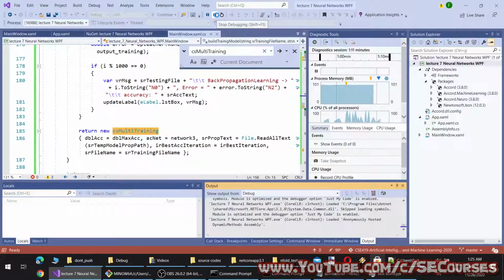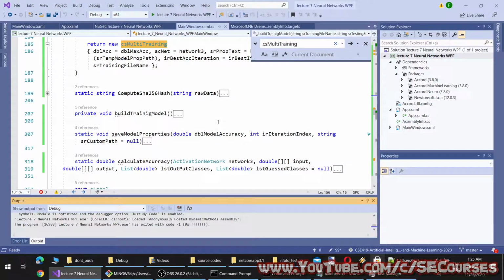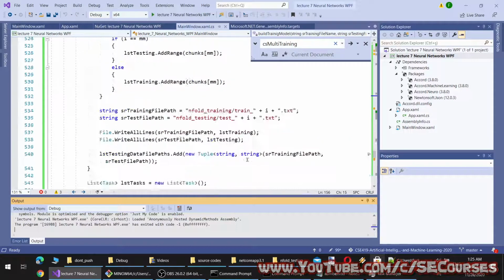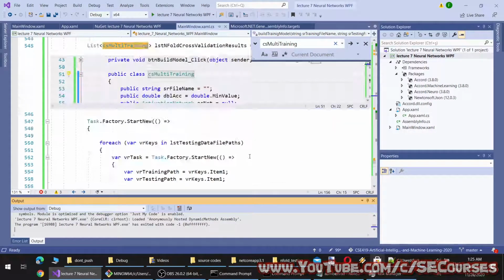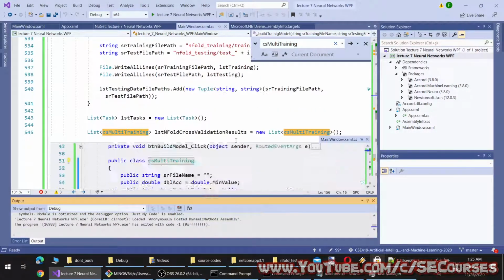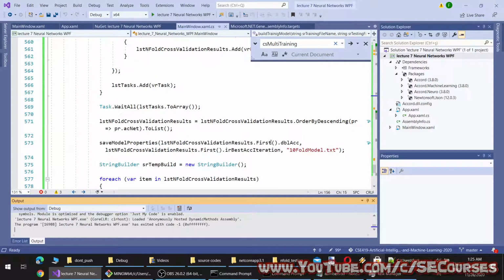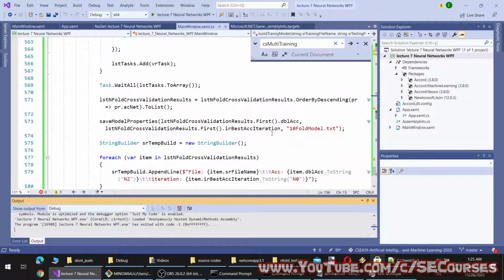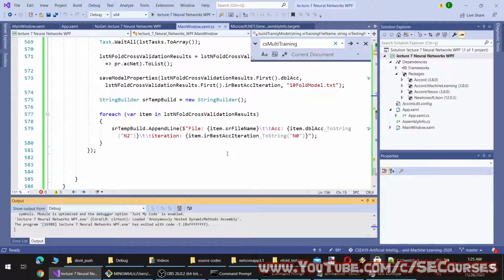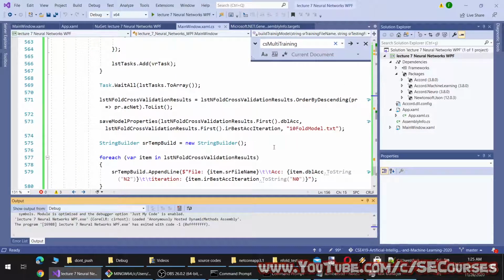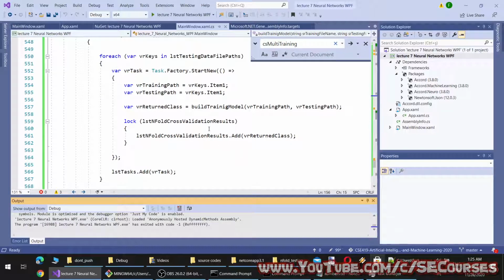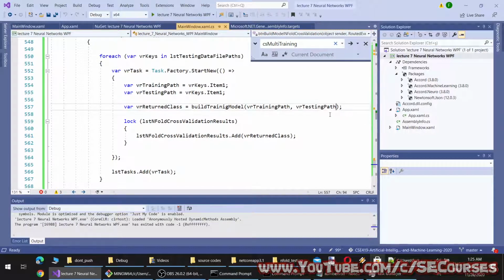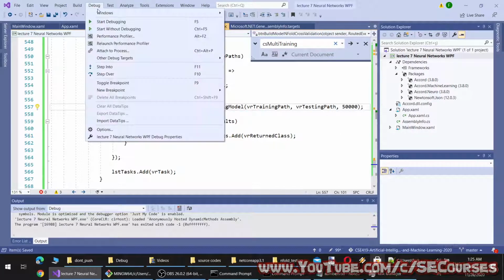Oh, by the way, I will just let them train until 50k iterations, so it will get completed quickly. Here, let's provide 15 max iteration.